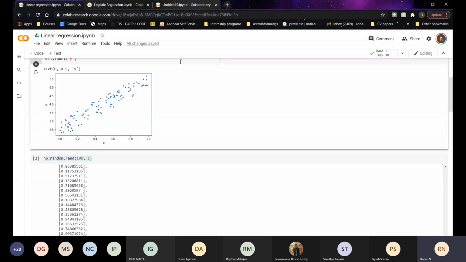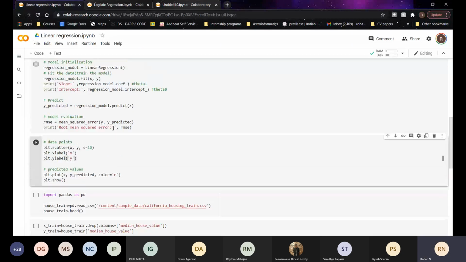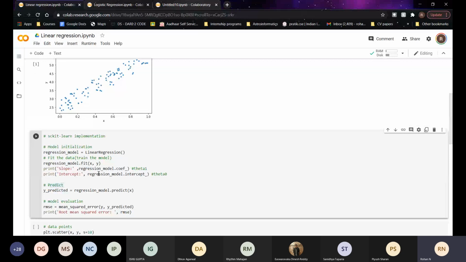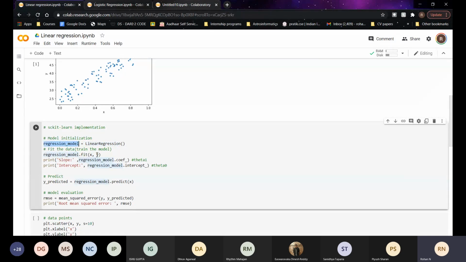Moving on. Now I call my linear regression function, which we imported from sklearn, and we initialize a model. Then we use the fit function to train the model. The gradient descent and simultaneous update of theta naught, theta 1, etc. all happen in this one step itself.